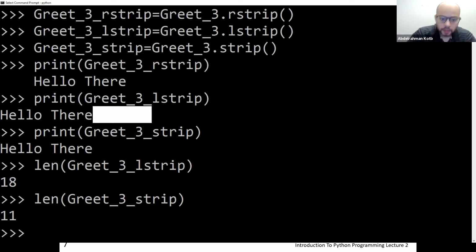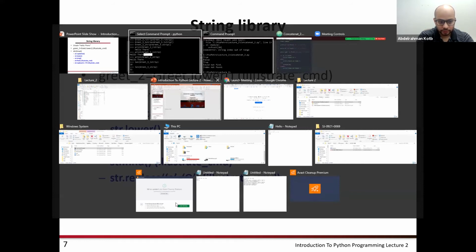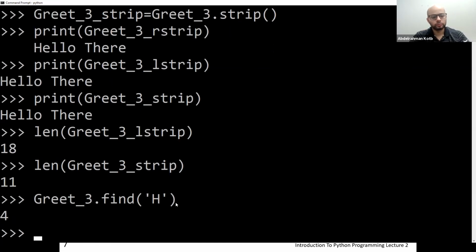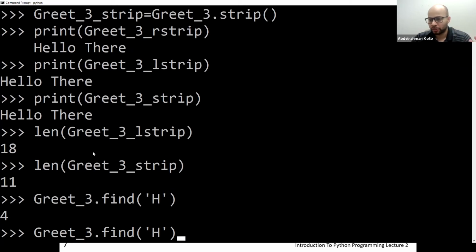Okay. What about find? So greet 3 dot find and then H. What I'm asking Python here is to give me the location of the letter.